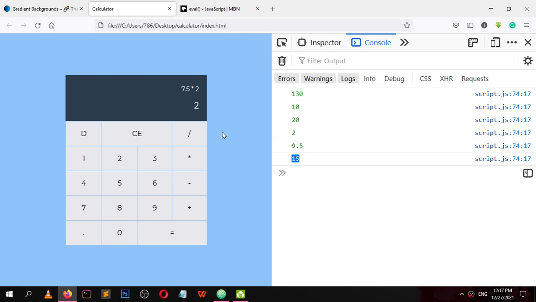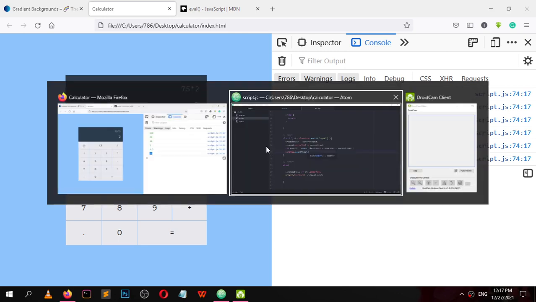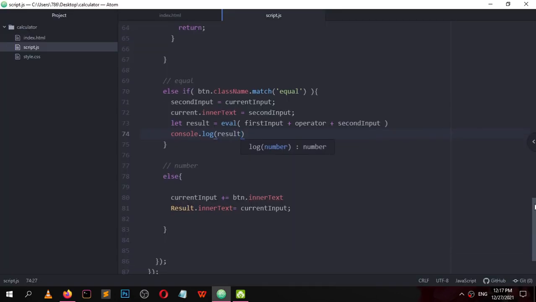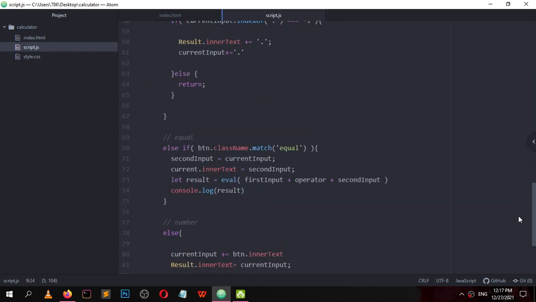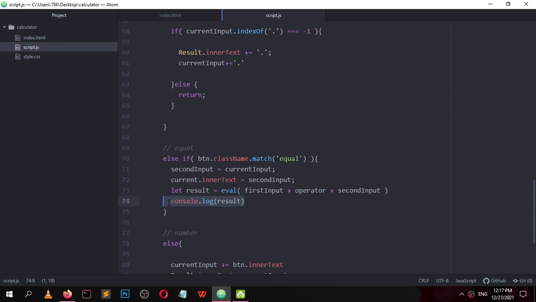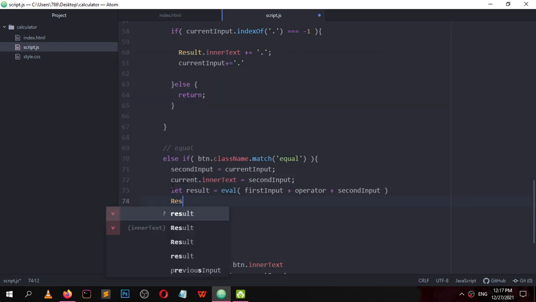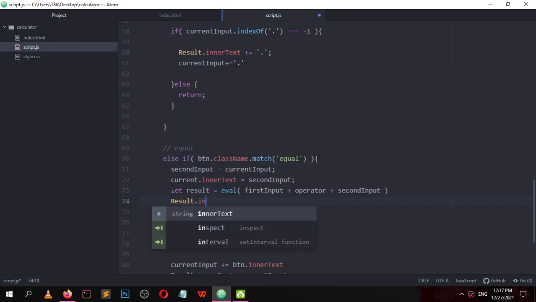The one thing in this calculator remaining is to update the result. Now let's update this result. So we have already selected this result. Where are we here? Remove this console line and result dot inner text equal result.